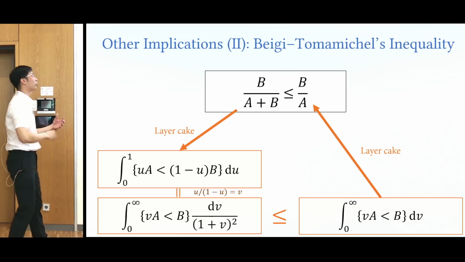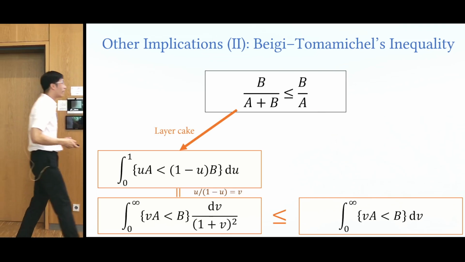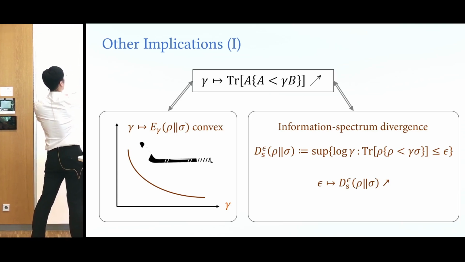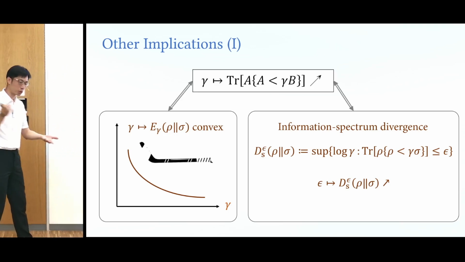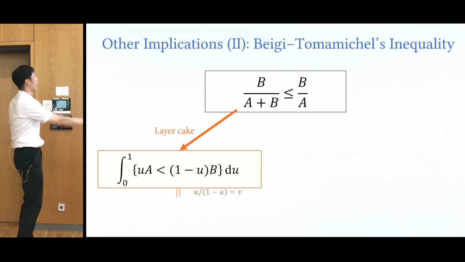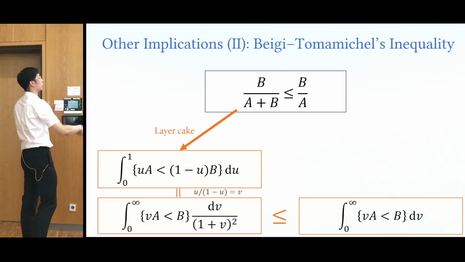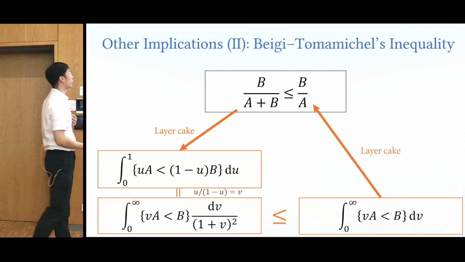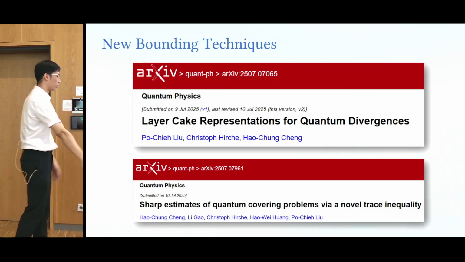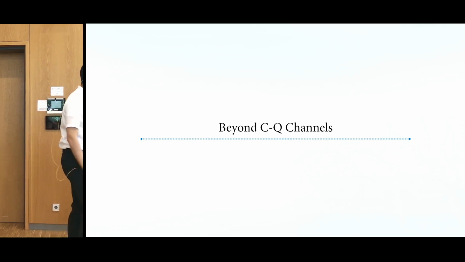So the point is not to reprove the existing result, but once you know this increasing map, you can just play with elementary calculus, and it provides new bounding techniques, for example, the operator inequality. So that's what I want to share. In our two follow-up papers, we use those to improve some known inequalities. Okay, so our result